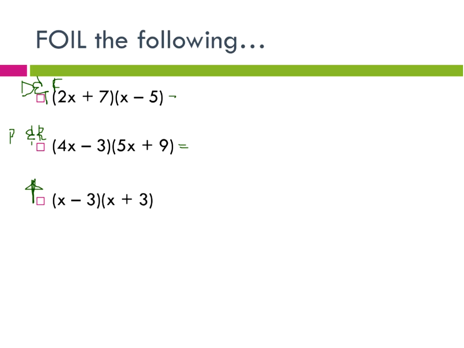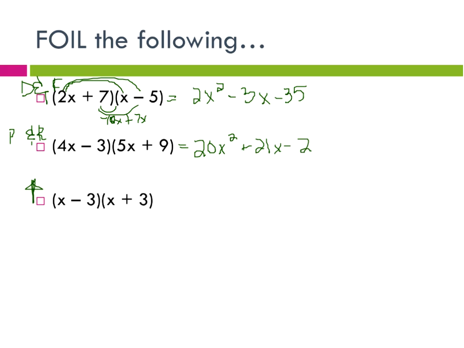So French and Deborah have come up with the idea that 2x plus 7 times x minus 5 leads us to 2x squared minus 3x minus 35. And they found that by saying 2x times x is 2x squared, we would have a negative 10x and a positive 7x. So we can see that that combines to the negative 3x. And 7 times the negative 5 is negative 35. Using a similar method, Ronmel and Peter have figured out that we have 20x squared plus 21x